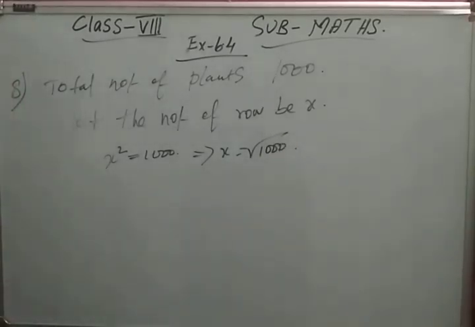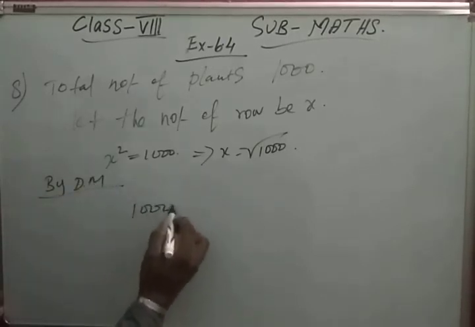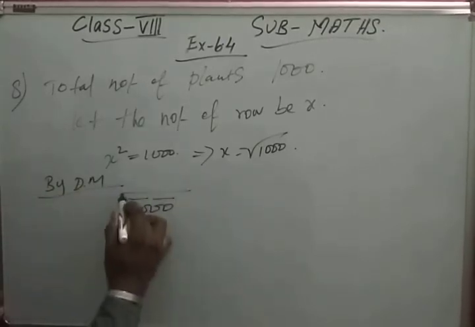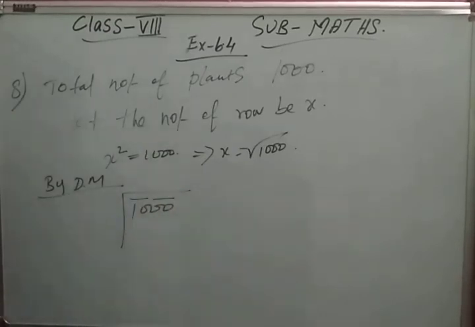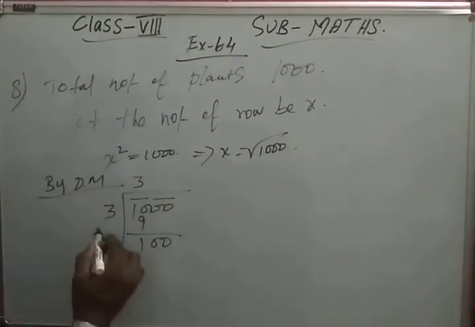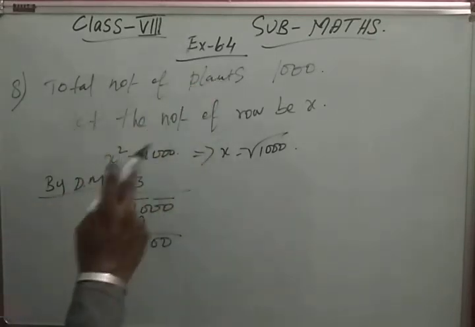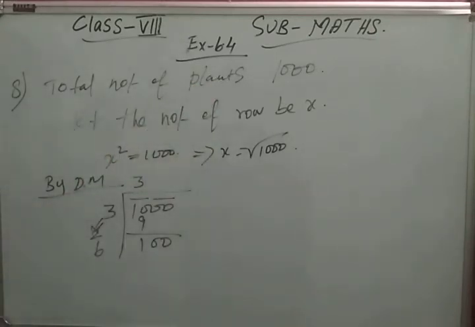So do the division method. By division method, we take 1,000 and find the square root. According to that, we can do the sums. In 10, what are the square values? 3 3s are 9. Then balance 100. Here we have to multiply by 2, 6 is coming. 6 into 1, 62. 61 into 61, that is 61 will come. Here we are going to find out how many plants are needed.